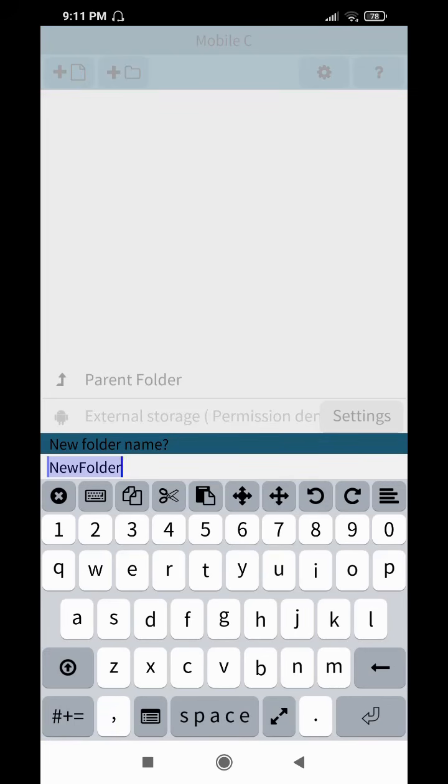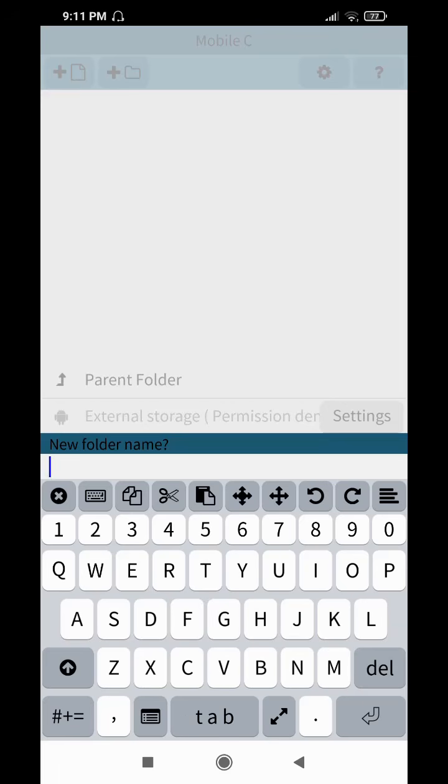These are the menu options. This is the keyboard of this app, the virtual keyboard of this app Mobile C. I am creating a folder name. Press the up arrow for capital letters, this left up arrow. Again, if you want to change to small letters, click this arrow again. Okay, so I create a folder, my